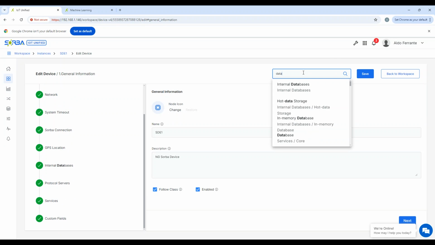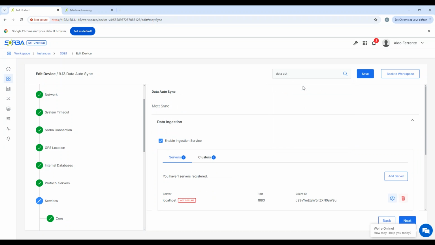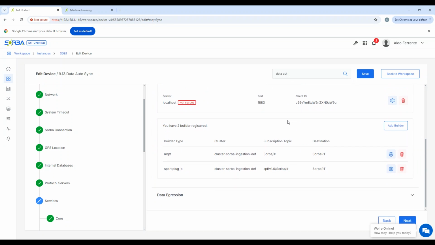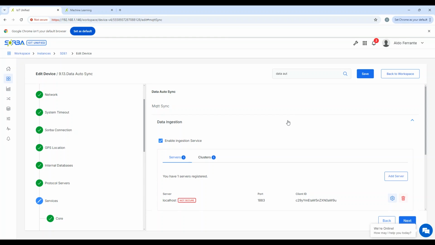And while we're here, I do want to take a brief moment to talk about DAS, or Data Autosync, which is a new feature also available with this release. Data Autosync is a way of using Sparkplug or MQTT to move an entire machine, so one SDC to another SDC or to an external device. Now, this lets you create a unified namespace where you can move an entire instance and all of the data associated in one single go instead of using IoT connectors to move it bit by bit. And in addition to support for Sparkplug and MQTT, in an upcoming release, we will also be adding support for